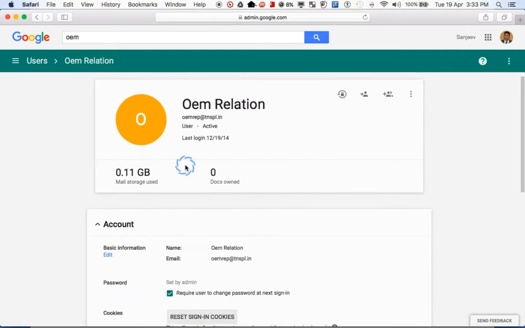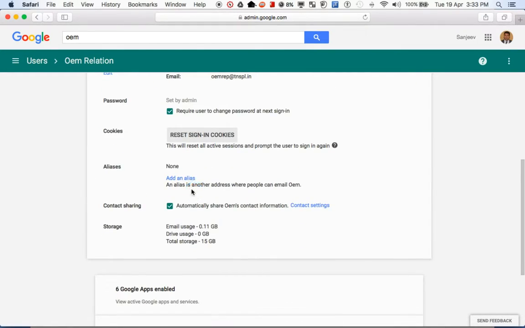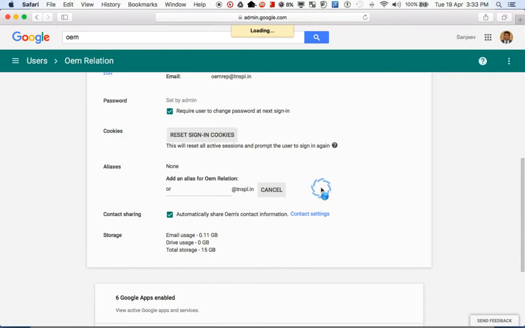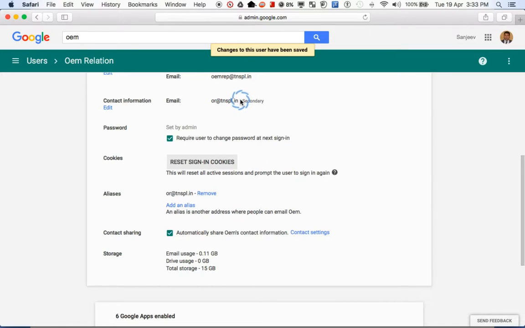For example, we have this account called OEM rep. We can create an alias called OR at tnskill.in, and we can simply click save. Any email addressed to OR will also go to this account. So in effect, if you have accounts like marketing, Delhi, which are not real users but have to be assigned to some real user, you can define an alias and click on save, and you can see this alias is defined.